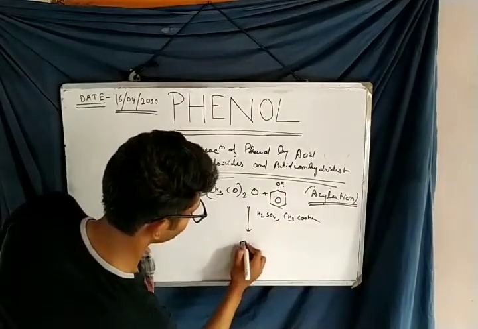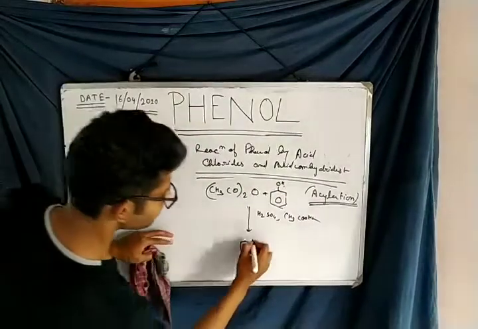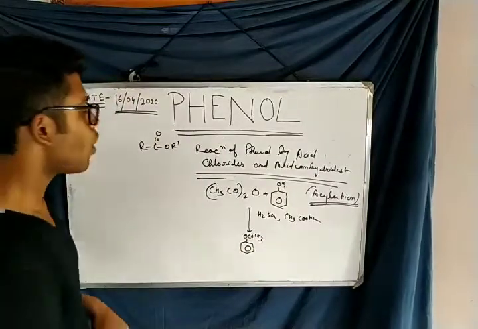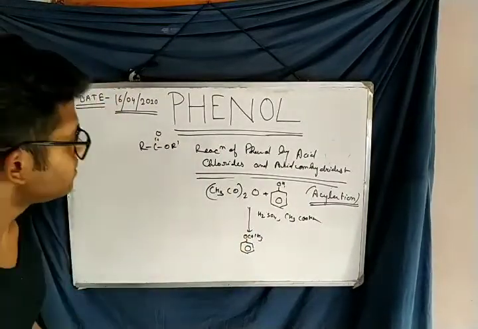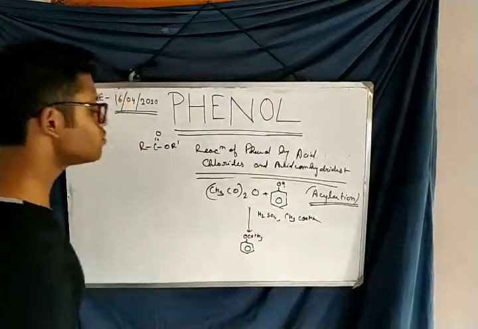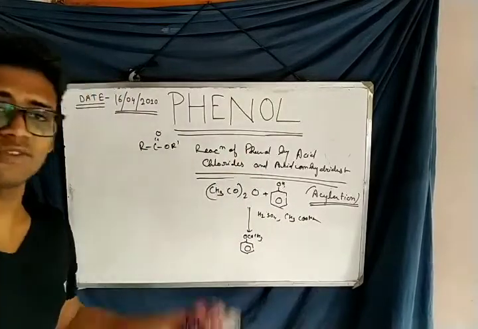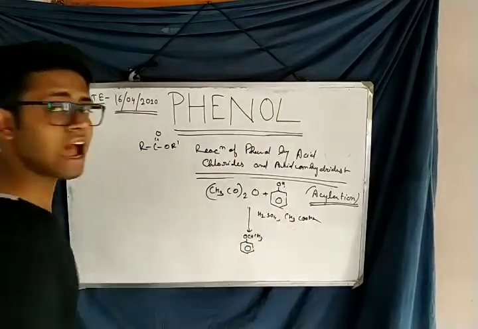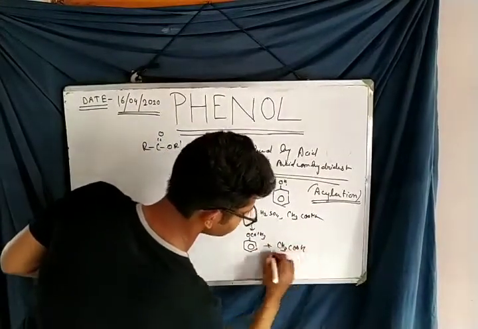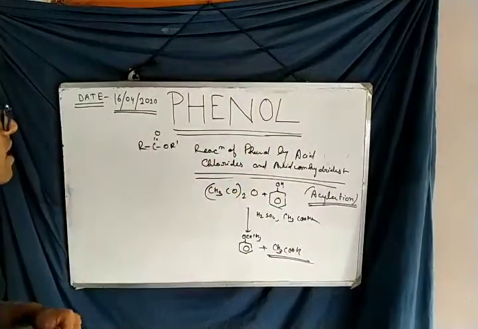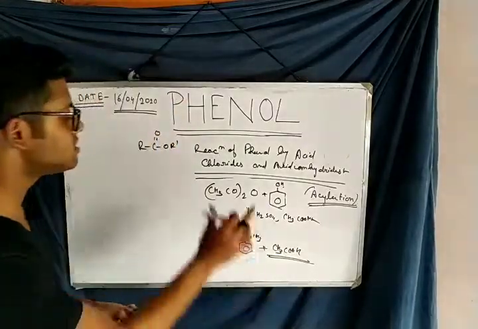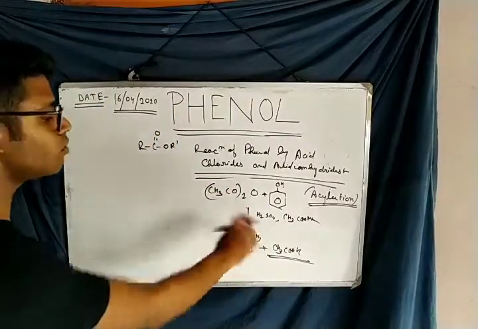So the compound obtained from this reaction is OCOCH3. Remember it, it is the same compound that was obtained from the before reaction, the reaction of acid chloride with phenol. The compound is OCOCH3, that is phenyl acetate, but there is a difference in reagent and byproduct. What is the byproduct in this reaction? The byproduct will be CH3COOH, acetic acid. Remember it, in the before reaction, with acid chloride, the byproduct will be HCl, but in this reaction, the byproduct will be CH3COOH.